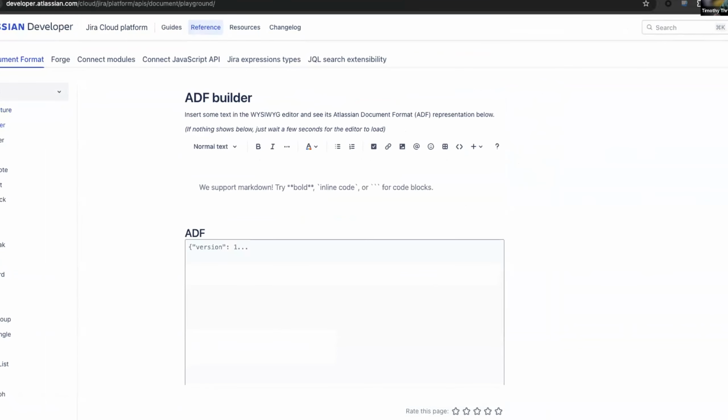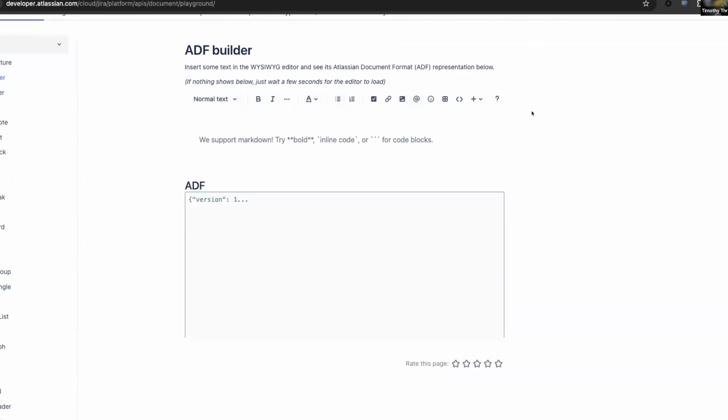It is Document Builder that you can find at developer.atlassian.com, where you go to your REST API. You also have a document format tab as well at the top. So now, whew, I have access to all of what I am used to. I can take that